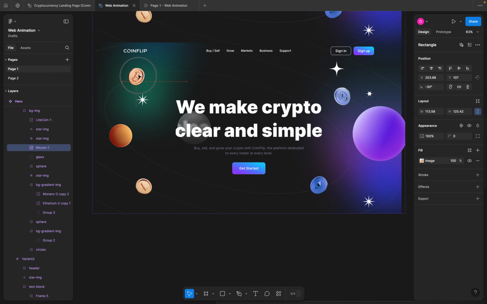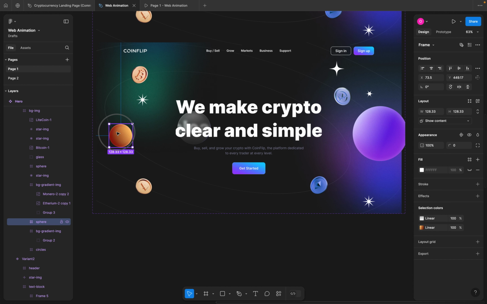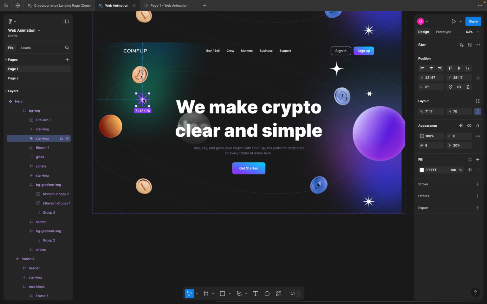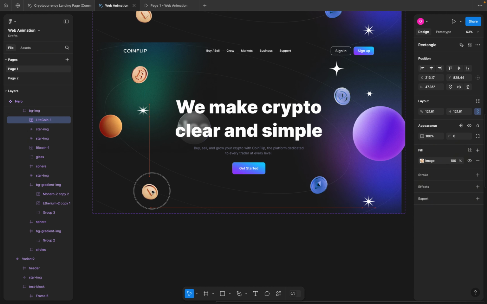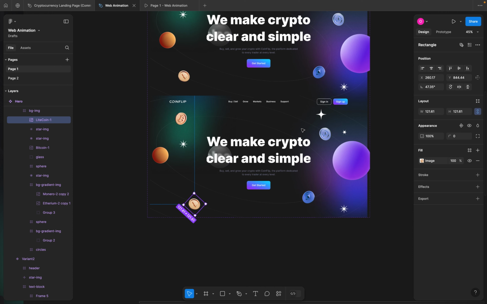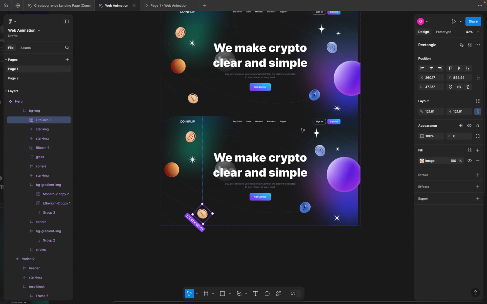I'm going to select this, move it up a little bit. Select this, move it up a little bit. This particular one, just bring it down a bit. This, I'm going to move it towards this direction a little bit. So once I have created a little distortion on this particular asset, what I want to then do is